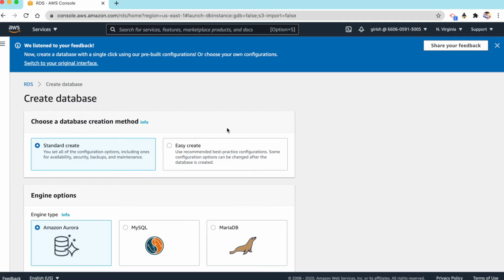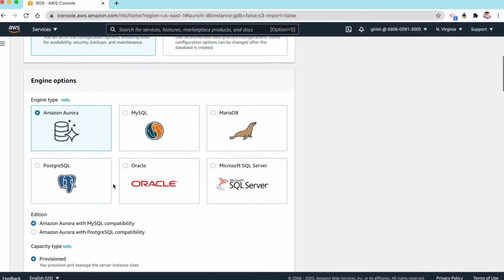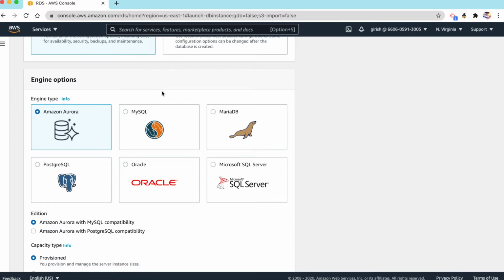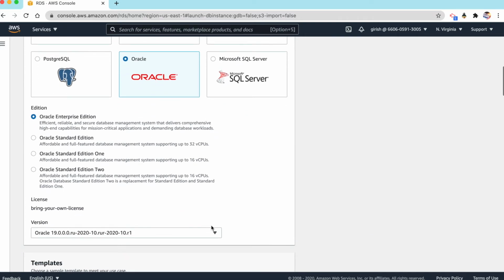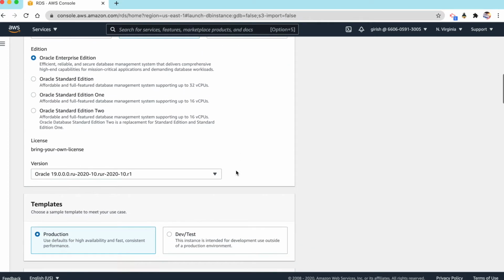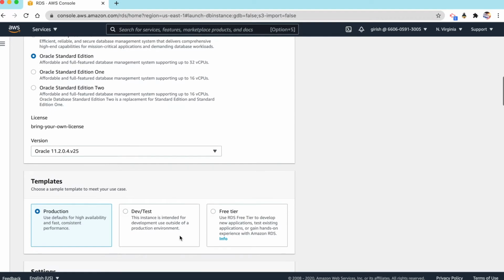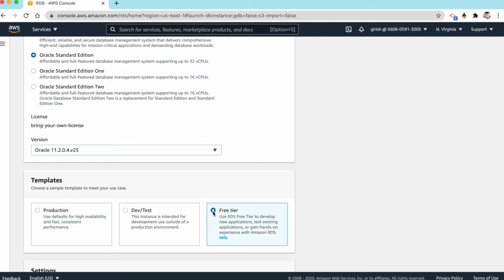There are two methods of database creation: one is standard create and one is easy create. We'll choose standard create to explore more options. When it comes to available engines, there are six, including Amazon Aurora, MySQL, MariaDB, PostgreSQL, Oracle, and Microsoft SQL Server. We'll choose Oracle for this demo. Oracle Enterprise Edition is widely used for production use cases, but we don't have free tier available for that. There are templates for production and dev/test, but nothing for free tier. When we choose Standard Edition, it gives us the option for free tier. So choose that